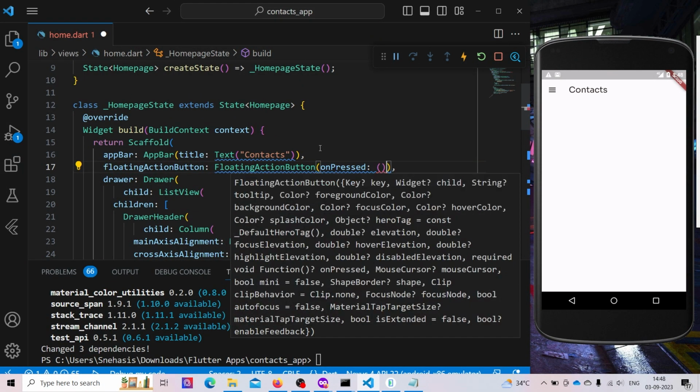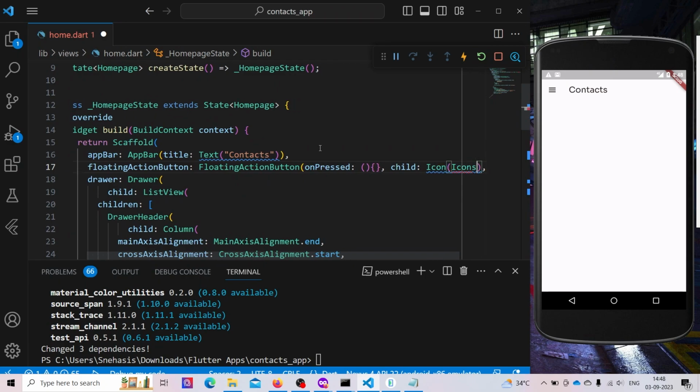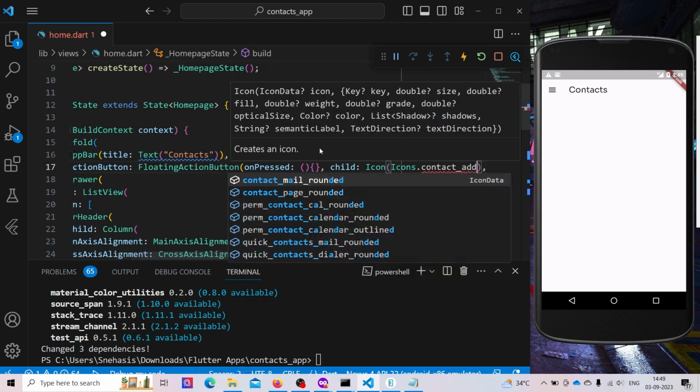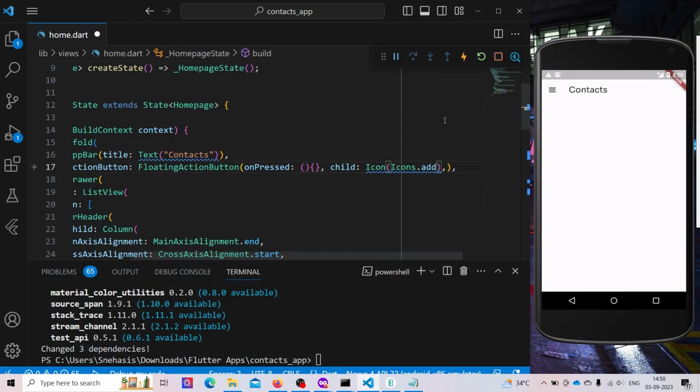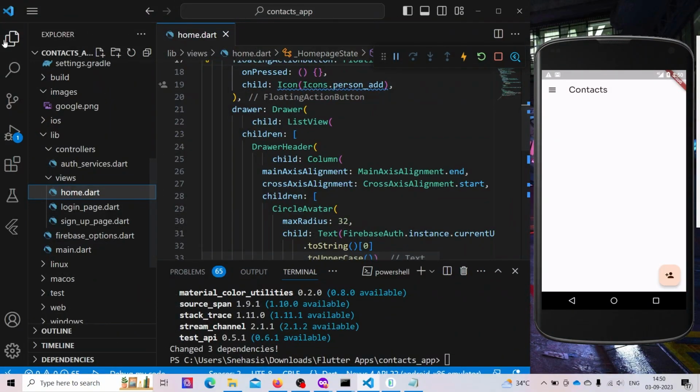For now, on pressed, we are going to do nothing, but it will have a child as icon. Icons.contacts add. We can have an icon of person add, and here